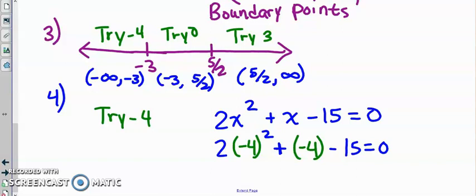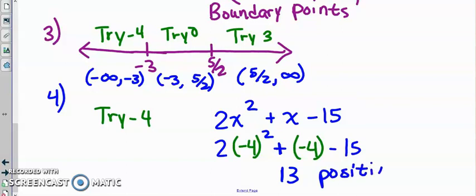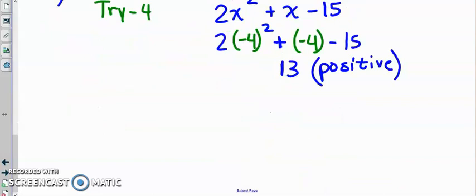So if we try -4, that will give us an answer of, and actually we can get rid of this part here. We don't need that equal sign. All right, so here we're going to get an answer of 13, which is positive. And since it's positive, that means we're looking at the parts where f of x is greater